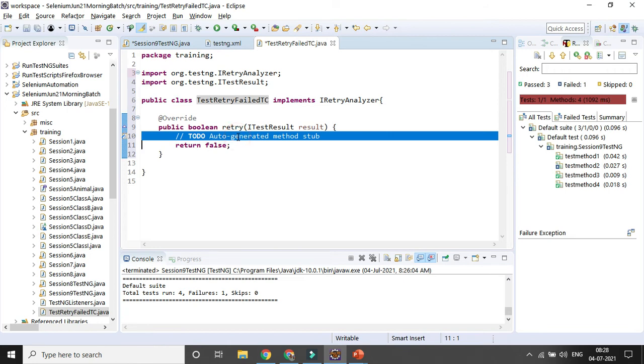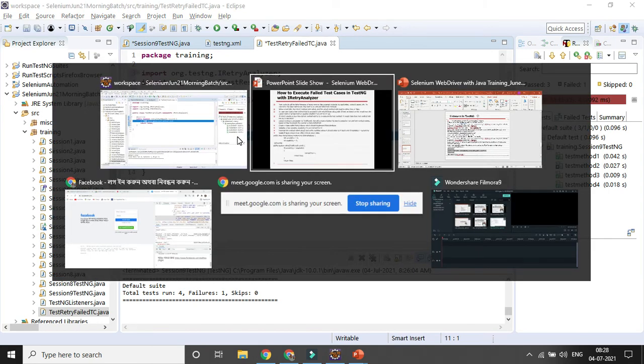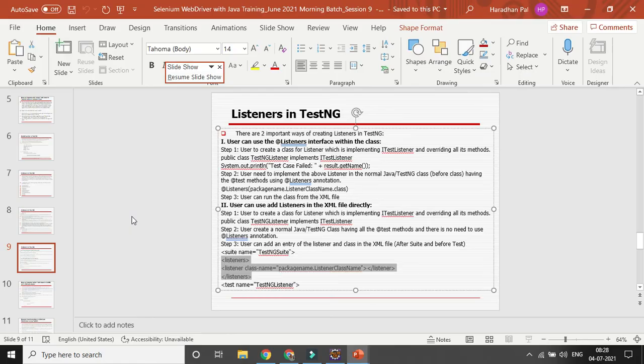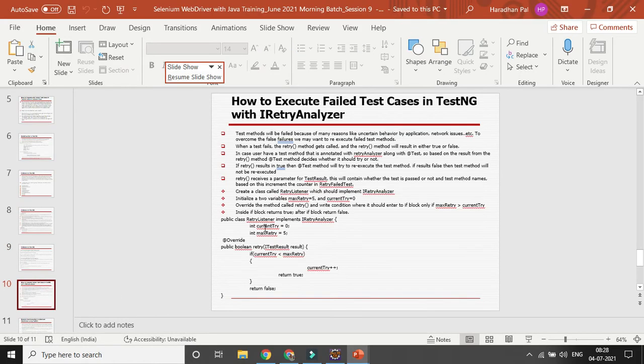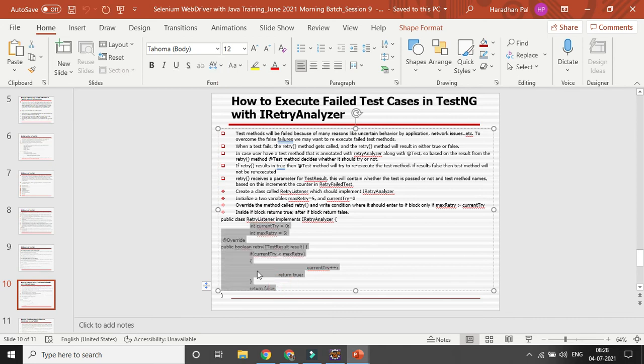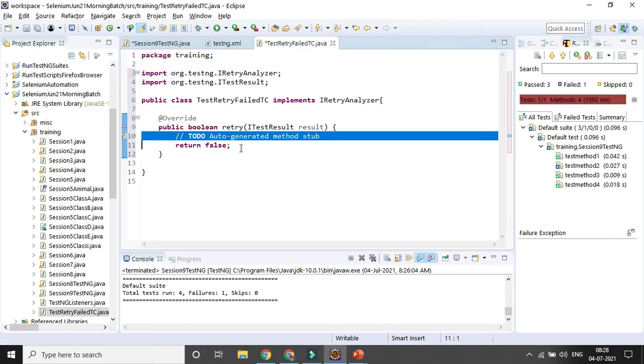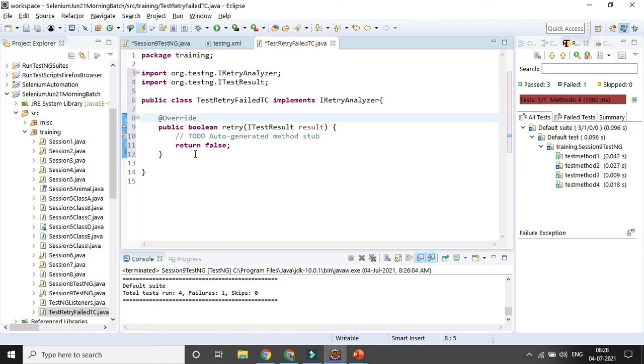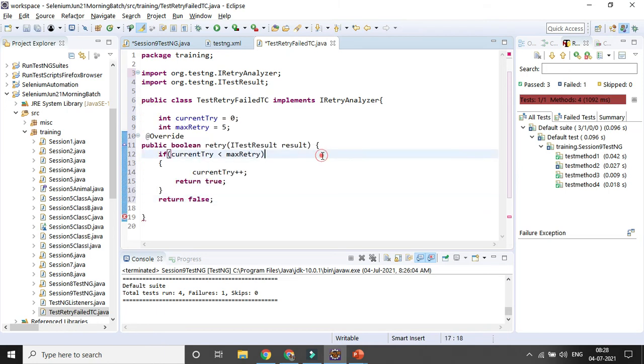So here, whatever lines of code I have written, I will just copy paste it. I already told you. So this is coming by default, so I will just change it.